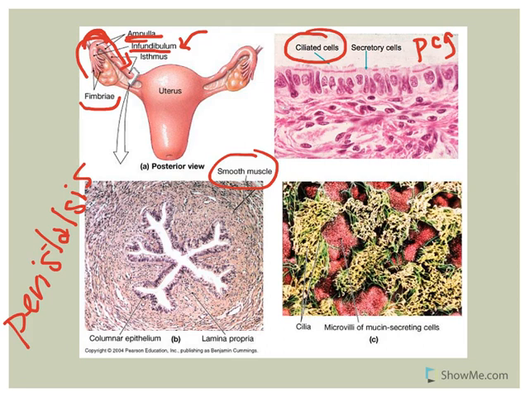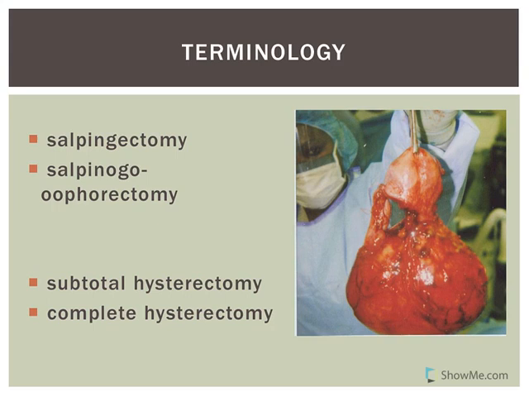Now, I do want to talk about some terms, just so you're aware of them. And this is a picture. I mean, that may gross you out, but if you're going to be in healthcare, you have to be able to deal with looking at some gross things. This is a salpingectomy. If you remember, I said the fallopian tubes could also be called salpinges. A salpingectomy is where you remove a fallopian tube. If you have a fallopian tube removed with at least one of your ovaries, it's called a salpingo-oophorectomy. The oophorectomy has to do with the